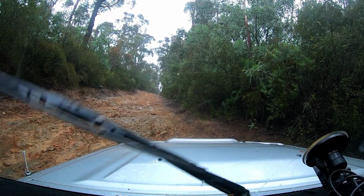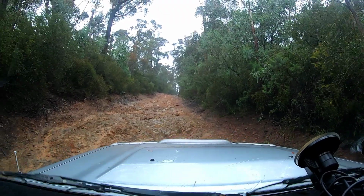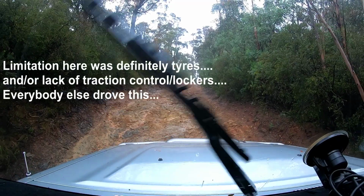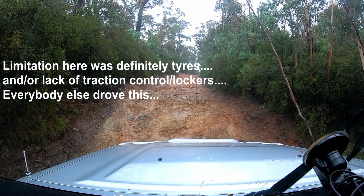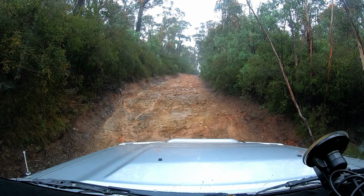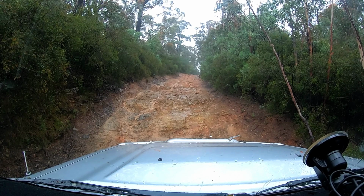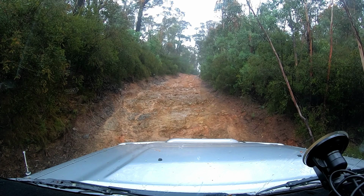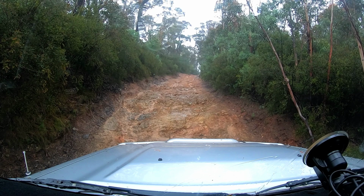How much room have I got to come back, Luca? I'll go back further, okay. So yeah, just trying to line up. And as you just saw on the screen, look, everybody else was able to drive this, running at least all-terrain tyres and either twin-locked or with decent traction control. I think I'm at the limit of these tyres on this wet rock. It's got gravel and silt on top of it. I'll give it a go, and then whenever you want, I'll come out and